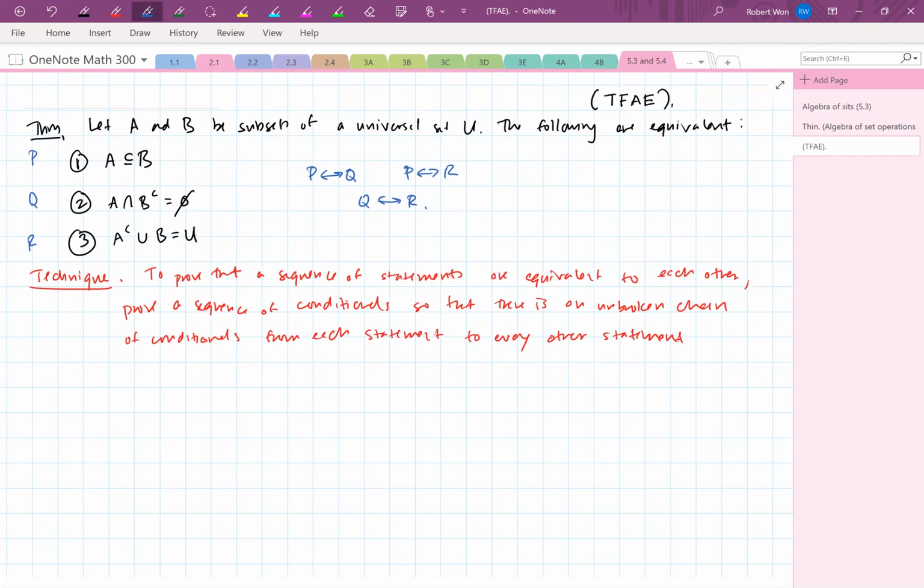Okay, what do I mean by this? If we are trying to prove P, Q, and R are all equivalent,